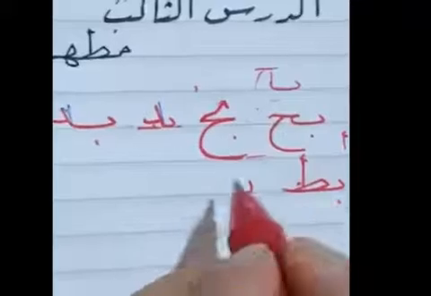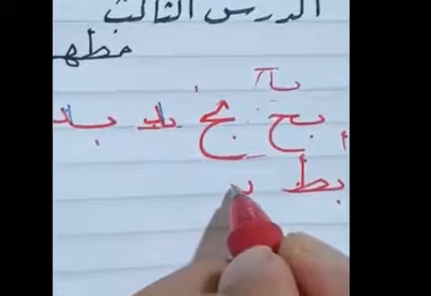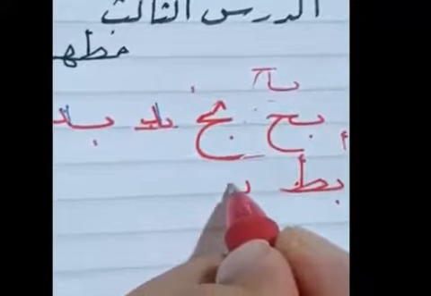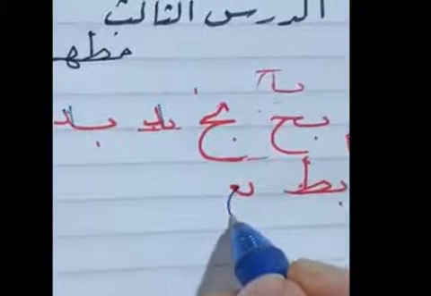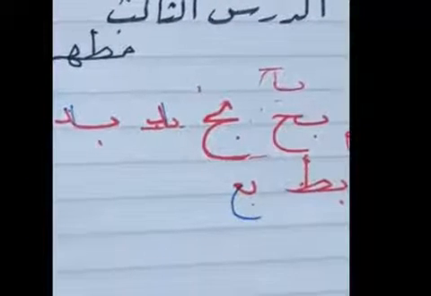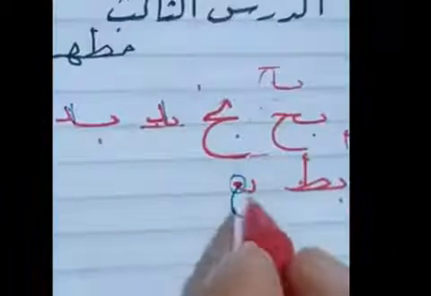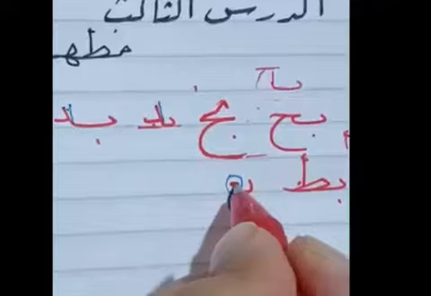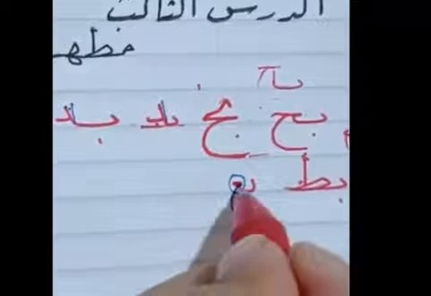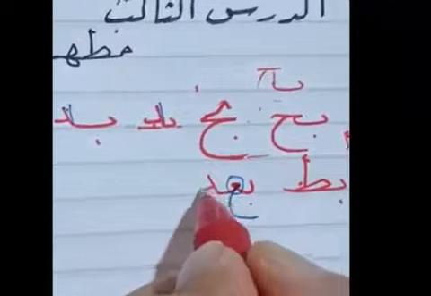Ba with the ayn. We all make mistakes in this. No, ayn has to be closed. I make 2 dots like this, and from underneath I make the C letter. So that is ba and ayn. The most important thing is the ayn has to be closed, when it's connected at the end of the word or in the middle of the word.